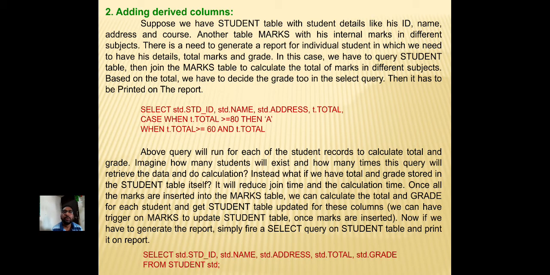We can have a trigger on marks to update the student table once marks are inserted. Now if we have to generate the report, simply fire a select query on the student table and print it on the report. Select student ID, name, student address, student total, student grade from student.